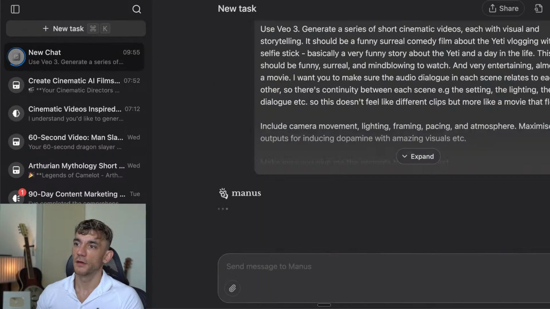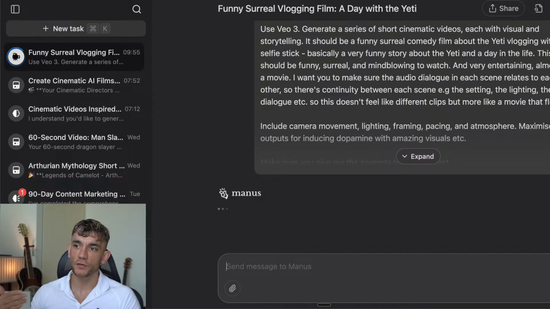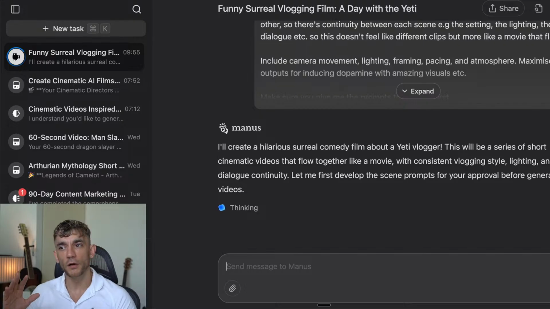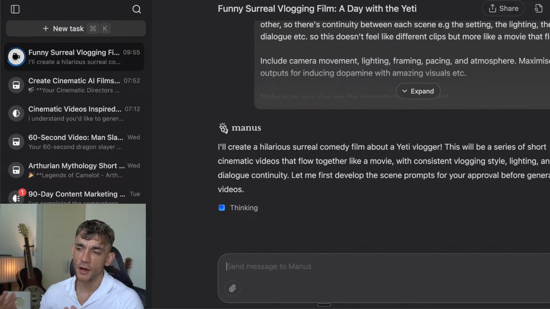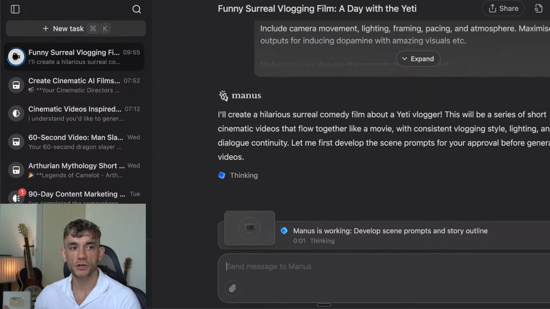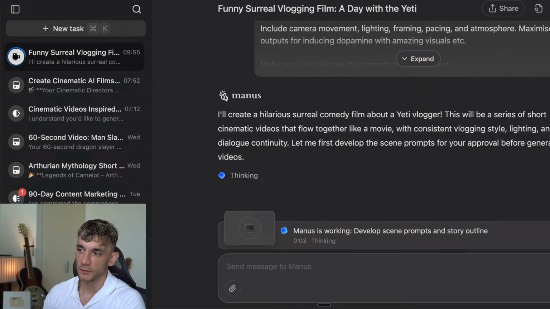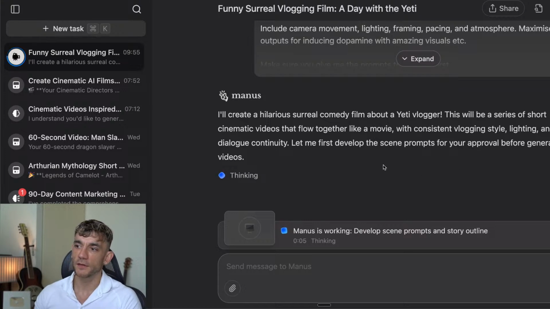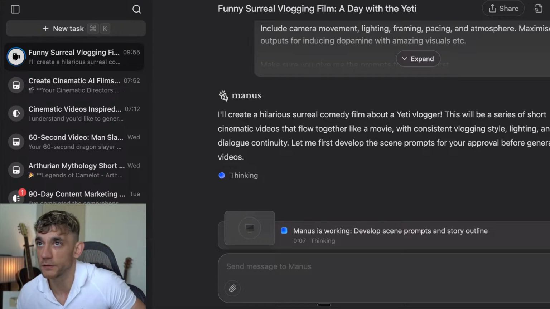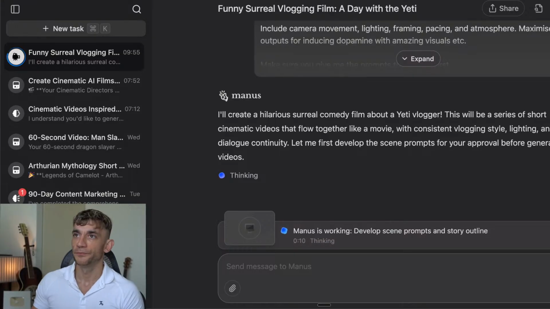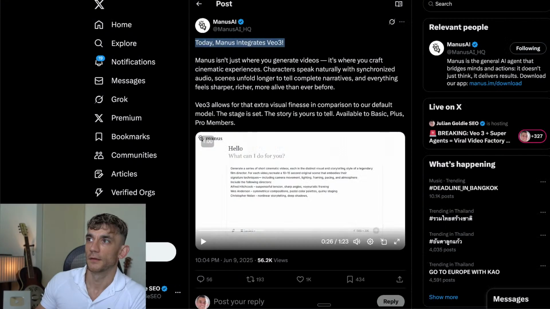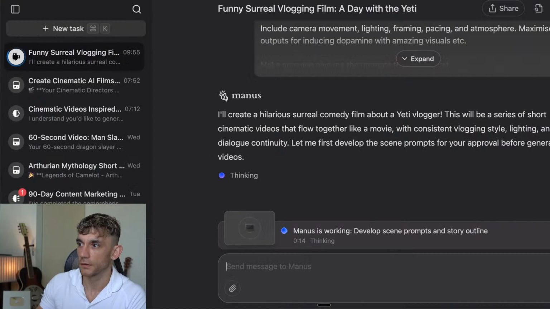We'll hit enter. Now, I've used other tools as well, like you've got other agents that can do this, like GenSpark. Honestly, if I have a choice, I'll show you the outputs in a second, but I would say I still prefer GenSpark. But I want to show you, because I know a lot of people here use Manus. I just find Manus is a little bit slower than GenSpark when it comes to generating outputs. But still, it's amazing that you can do this with either one.